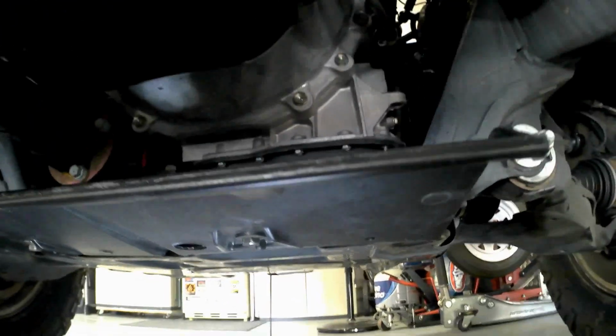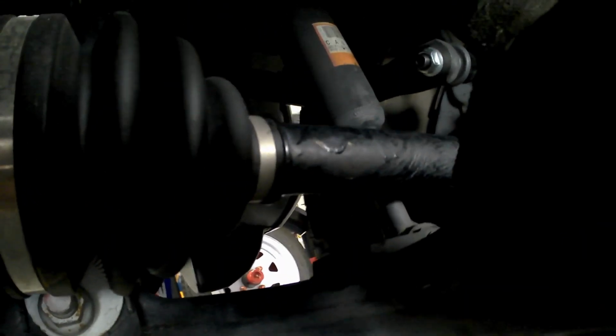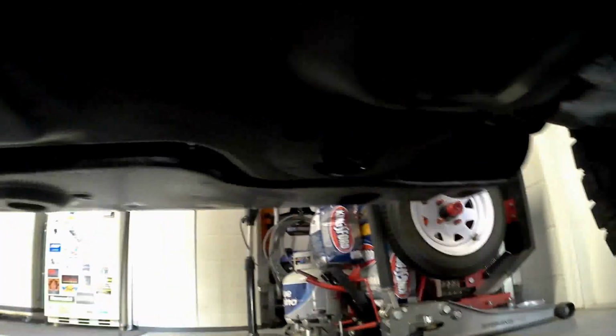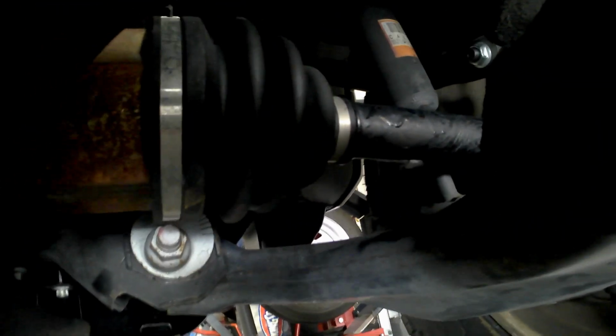Actually, a couple of things. My drive shafts were getting rusty. But now they're all nice and black. That isn't paint, that's something called Rust Remedy. And I like to use that quite a bit. Anytime I see rust, I go ahead and I brush that on. And as long as you got most of the chunky rust off, it converts the rust to a solid paintable surface. So that takes care of that area there. And over here,